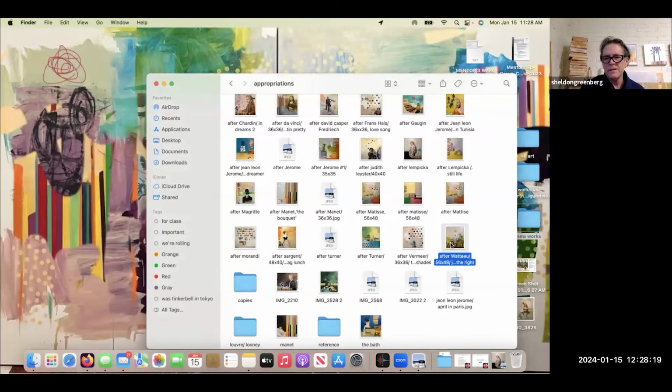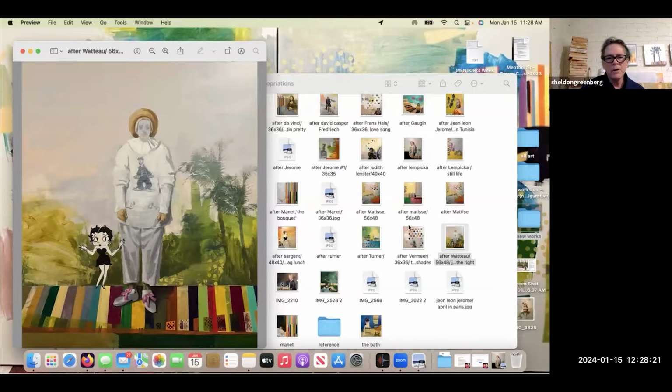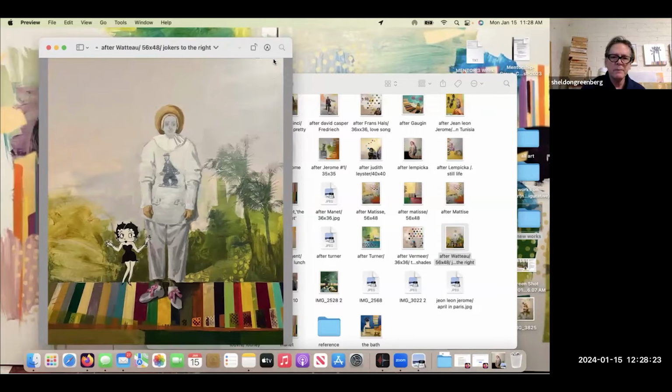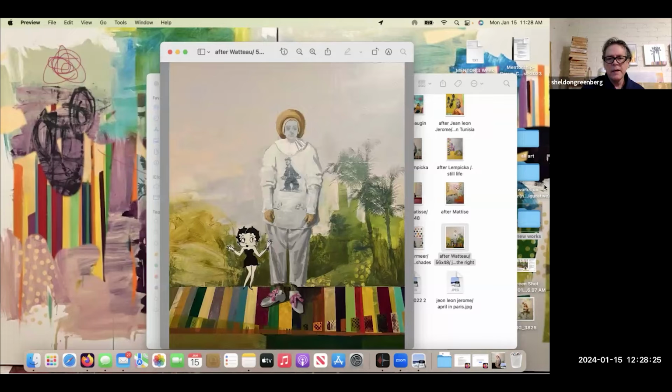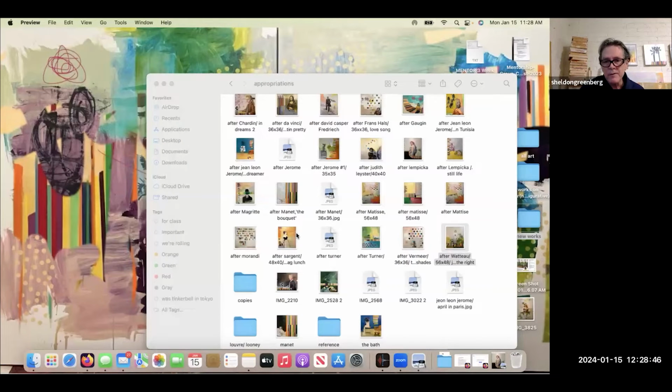This painting I loved. It's based on this Watteau of a French comedian. And again, painting everything except the palm trees on the right, and then using the mute chart as his sort of stage, and then Betty Boop again, and a little Coco cartoon figure on his sweatshirt. This was a big painting too, in real life, a major work of art that I've always really liked.